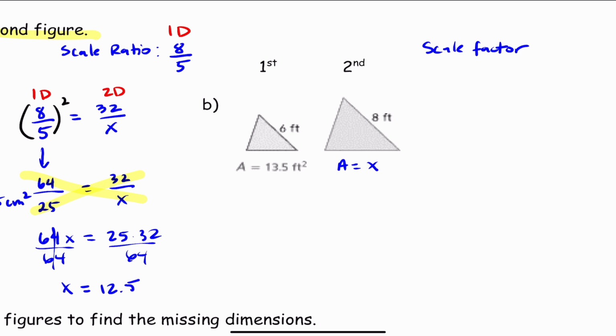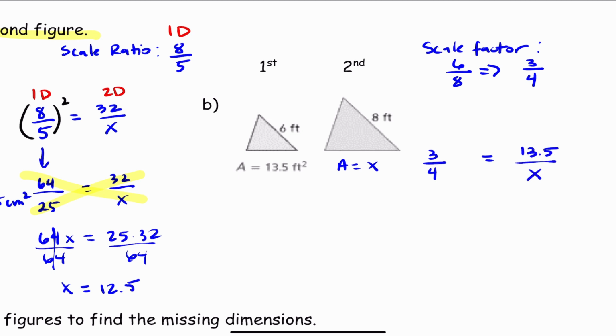Alright, so now what am I going to do? I see my one-dimensional object here, and I'm going to compare that to this one-dimensional object there. So I write 6 to 8, and then I'm going to reduce this, because 6 over 8 can be reduced. So that's going to be 3 over 4. And now I'm going to look at the two areas. Okay, so I have 3 over 4, which is equal to